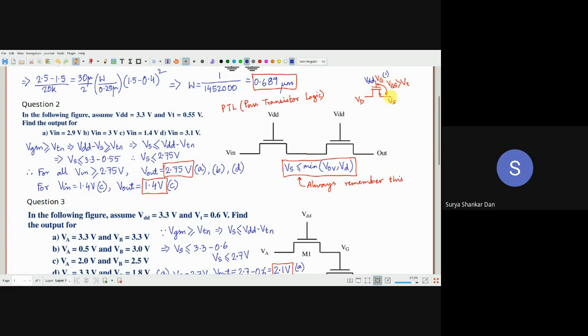Now, what is the voltage which you can get over here in VS? You will notice that VGS has to be greater than VT. Therefore, VG is VDD minus VS greater than, I shall put equal to also, VT. Therefore, VS is always less than or equal to VDD minus VT. That means under no circumstances can your VS be a perfect logic 1. Perfect logic 1 kab hoga?